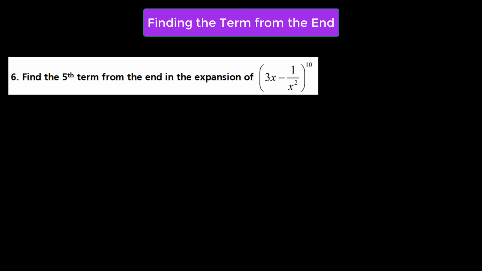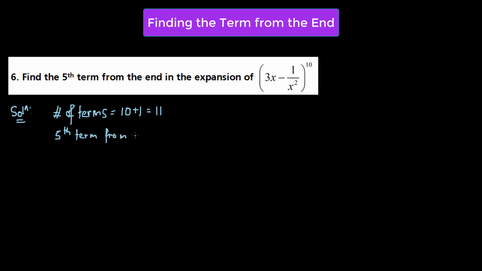So here we have to find out the fifth term from the end in the expansion of (3x minus 1 over x squared) raised to the power of 10. So the number of terms, in a similar fashion, is equal to 10 plus 1, which is equal to 11. Since we have to find out the fifth term,